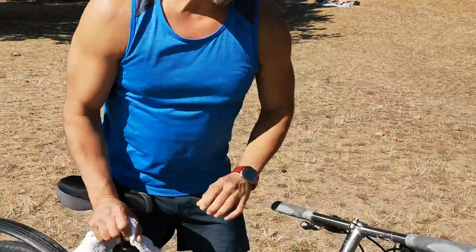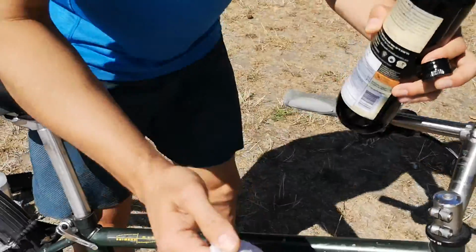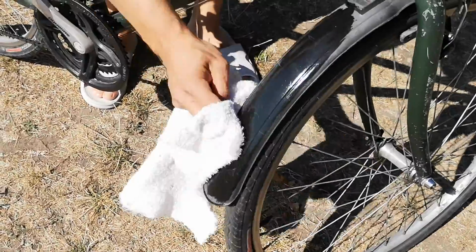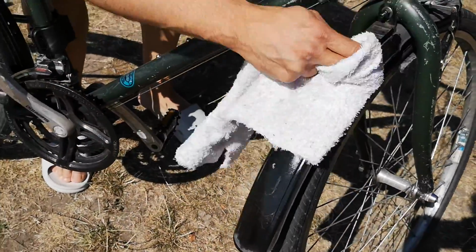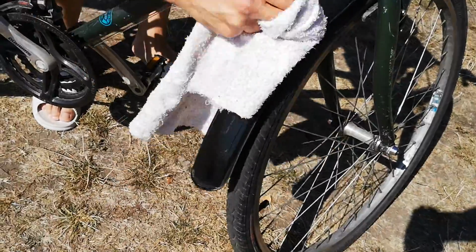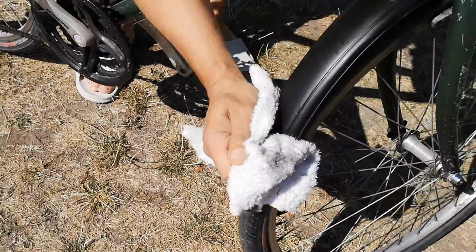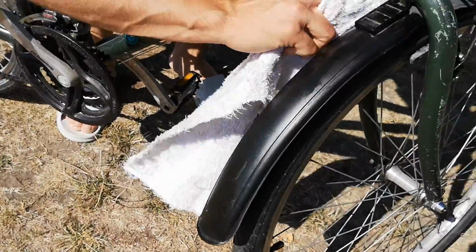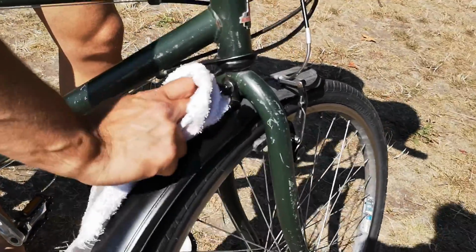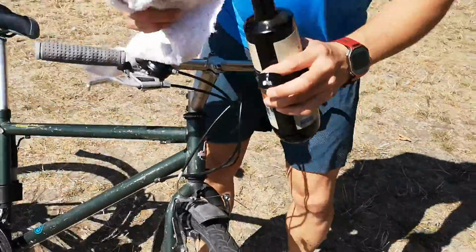So just grab some oil and quickly apply some of that. See, it makes it look kind of new and black. Takes off some of the grime too. But you can just sort of remove some too while you're at it. Remove some of the excess with the rag, and put some